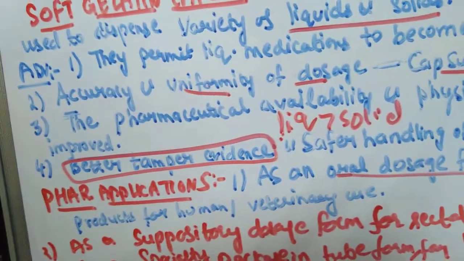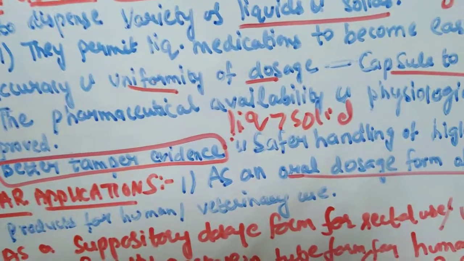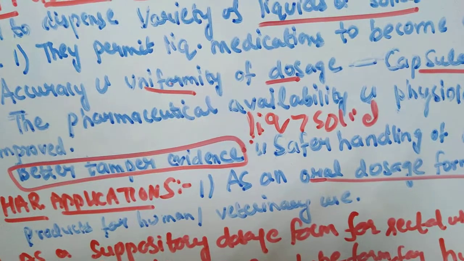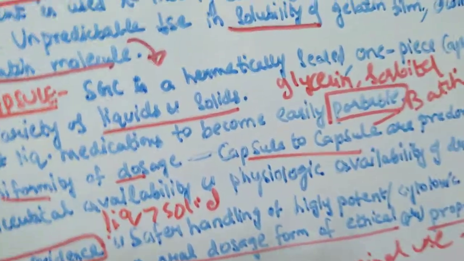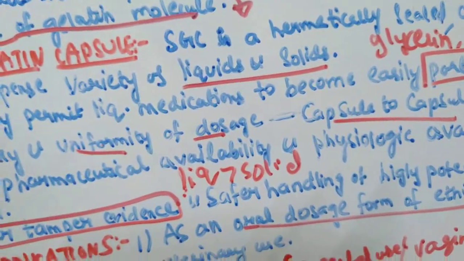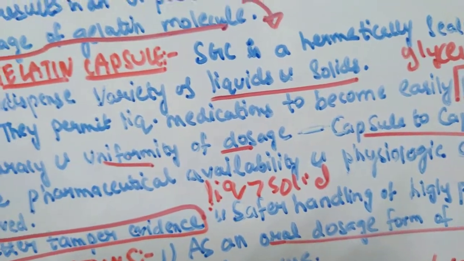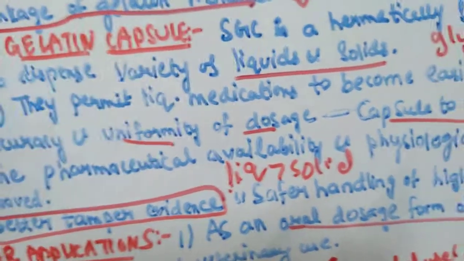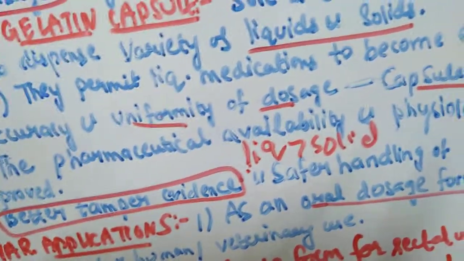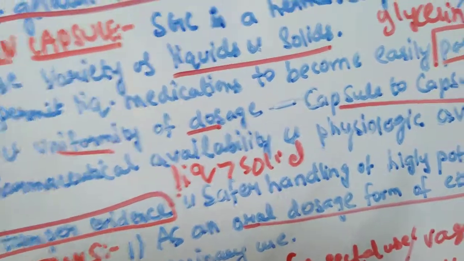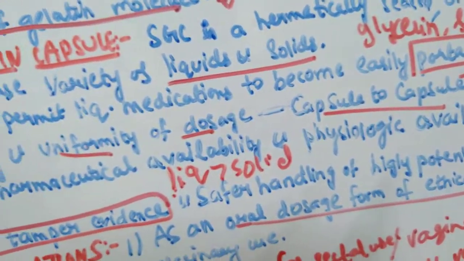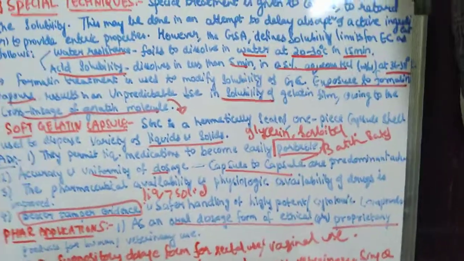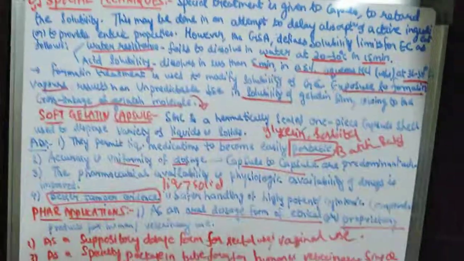In the next class we will discuss the various sizes of soft gelatin capsules. That is also a very important question. Similar to hard gelatin capsules, soft gelatin capsules are also available in various sizes. Then we will discuss base adsorption, and then we will start with the manufacturing of soft gelatin capsules, and then the quality control tests. With this the capsules unit will be done. Please refer to Lachman, and in case of any doubts let me know. Thank you.